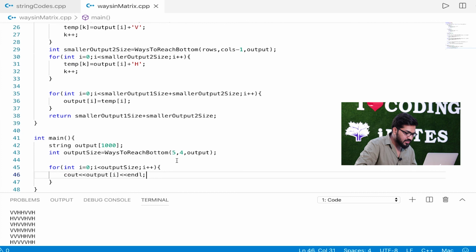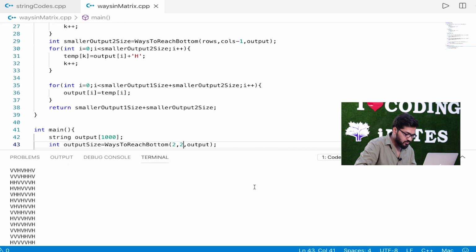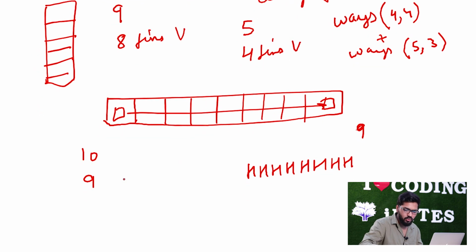Let's take a little smaller input size. Let's take 2 rows and 2 columns. I'm getting only HV and VH. That's very obvious.